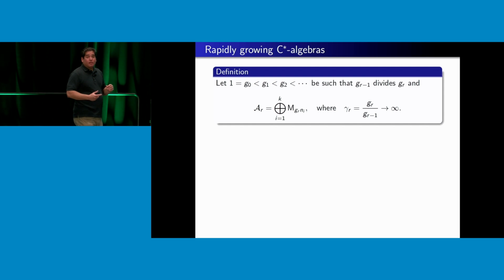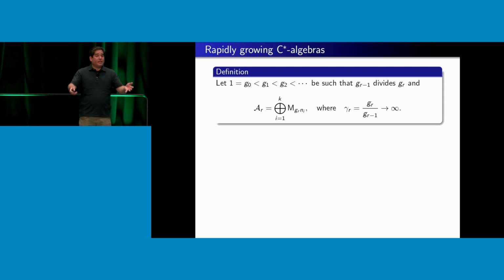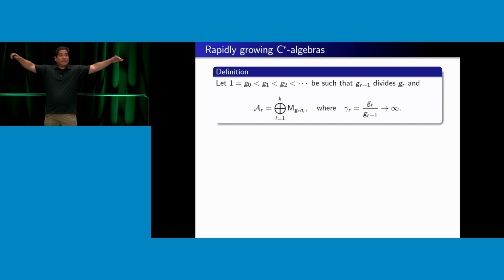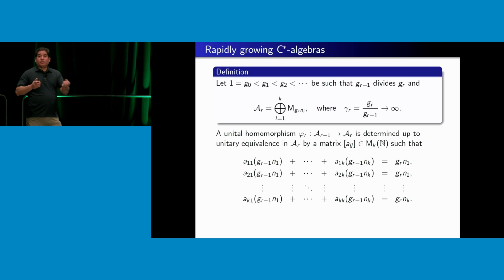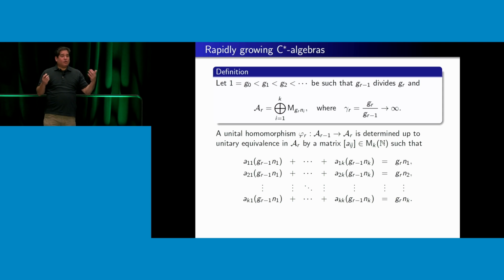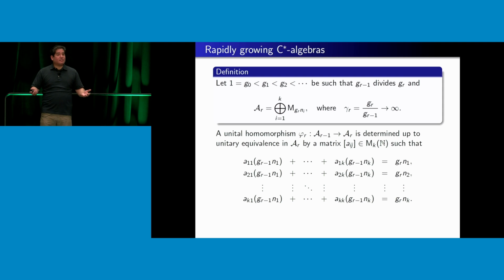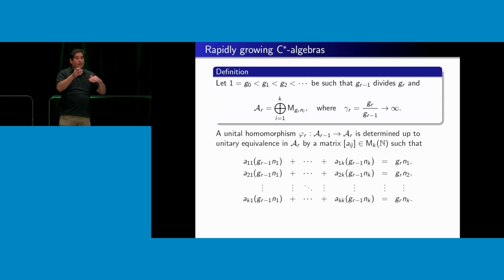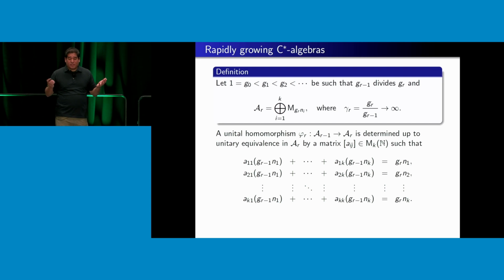So what I'm going to do is take an algebra at each level r, and that algebra is going to be the direct sum of a bunch of other matrix algebras. So now I have a whole bunch of algebras, A1, A2, A3, A4, et cetera, and they're getting big at a colossally fast rate. Right? So if I have a unital homomorphism from the r minus first algebra into the rth algebra, the only real constraint here, up to some natural notion of equivalence, is that the dimensions have to make sense. The box stuffing has to agree so you don't have any padding left over. You don't have any zeros left on the diagonal when you stuff matrix algebras into other matrix algebras. So you get this system of equations here.